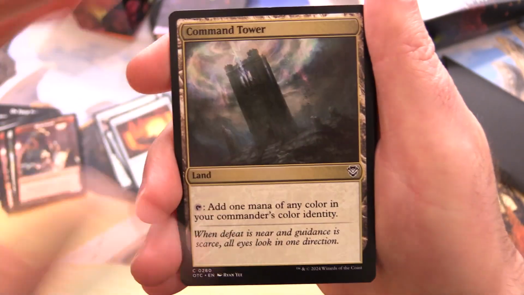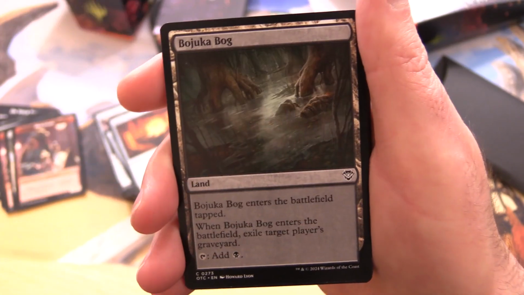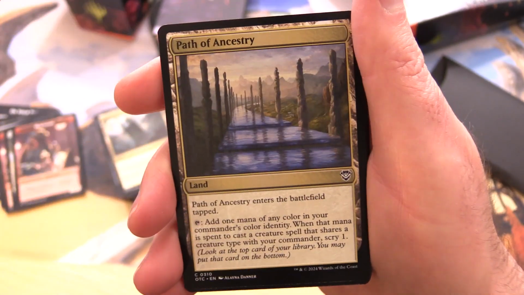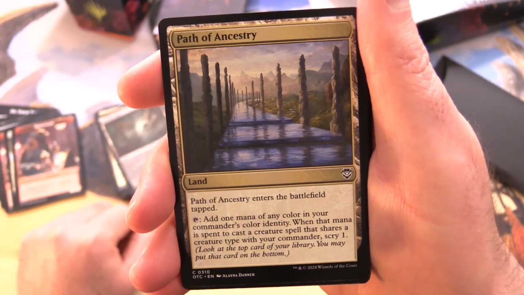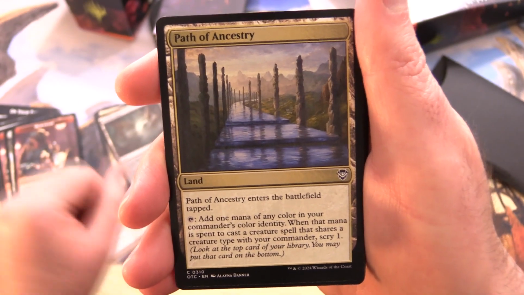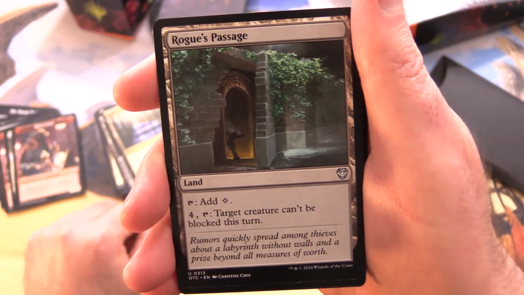Next we have a Command Tower. Tap to add 1 mana of any color in your commander's color identity. Bojuka Bog enters tapped. When it enters the battlefield, exile target player's graveyard, tap for black. Path of Ancestry enters tapped. Tap to add 1 mana of any color in your commander's color identity. And when that mana is spent to cast a creature spell that shares a creature type with your commander, scry 1. Rogue's Passage, tap for colorless,